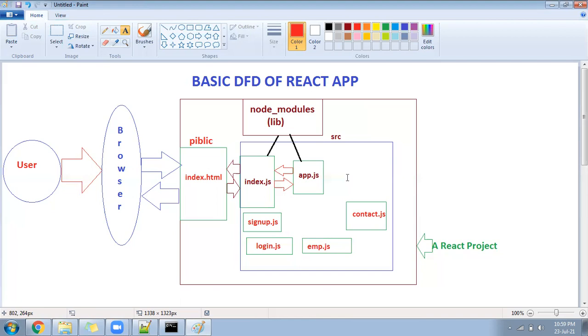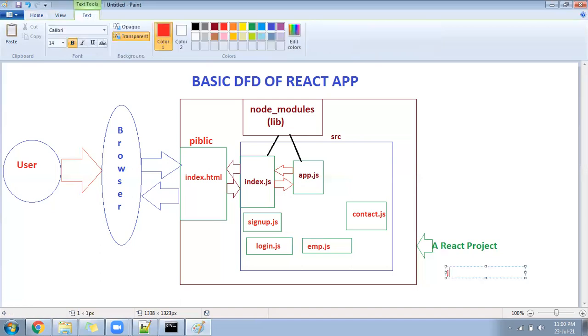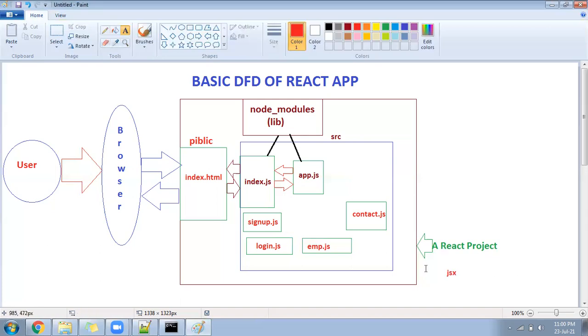React.js has a feature called JSX. We are going to discuss that JSX feature. JSX is nothing but what we have learned in HTML, JavaScript and CSS, everything mixed together under React. HTML code and JavaScript code, we are going to write all together. That logic is known as JSX. I'll write it here: JSX. It is called JavaScript and XML.